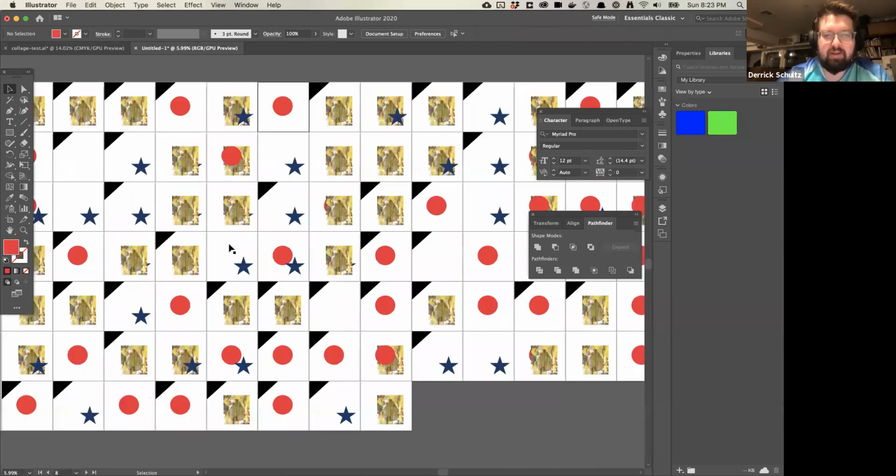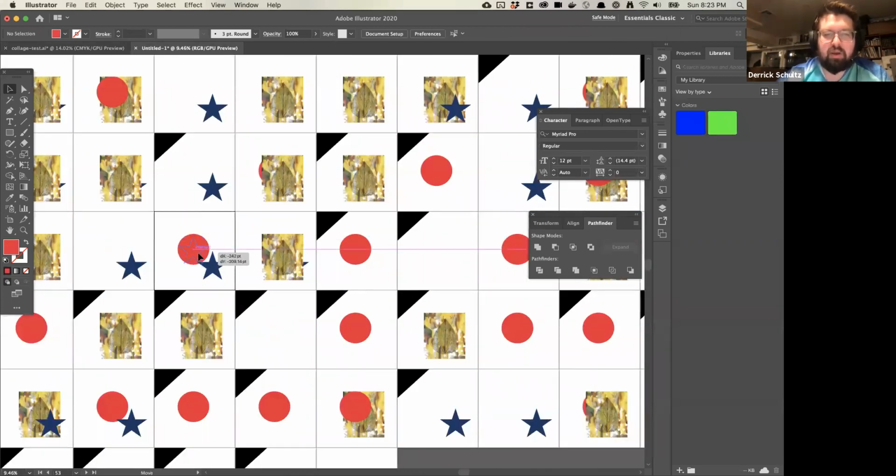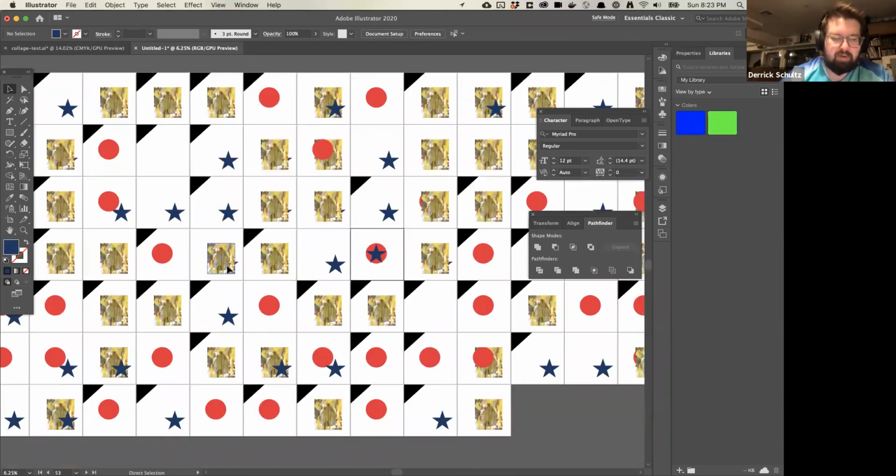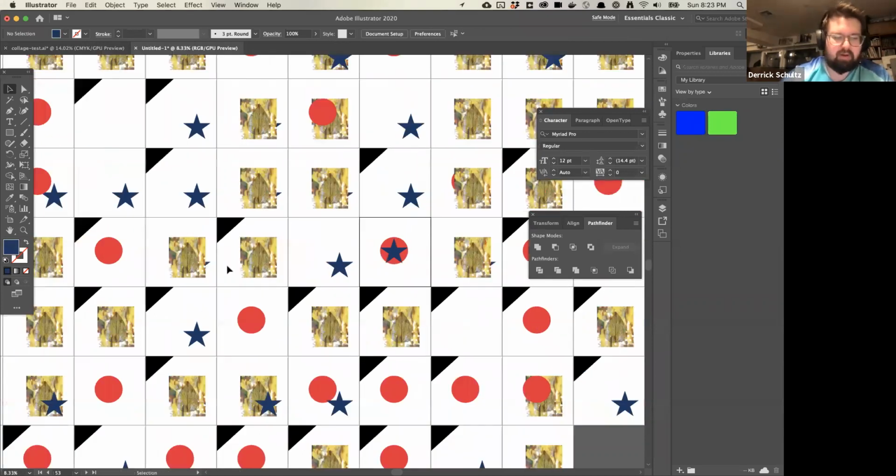So let's say I don't like this combination here, so I want to move this here. You could do it manually, or you could start to play with the script to generate it. The other nice thing is I like having all this on one artboard just to see what the diversity looks like. But you can also do a thing of just, I believe, save as.